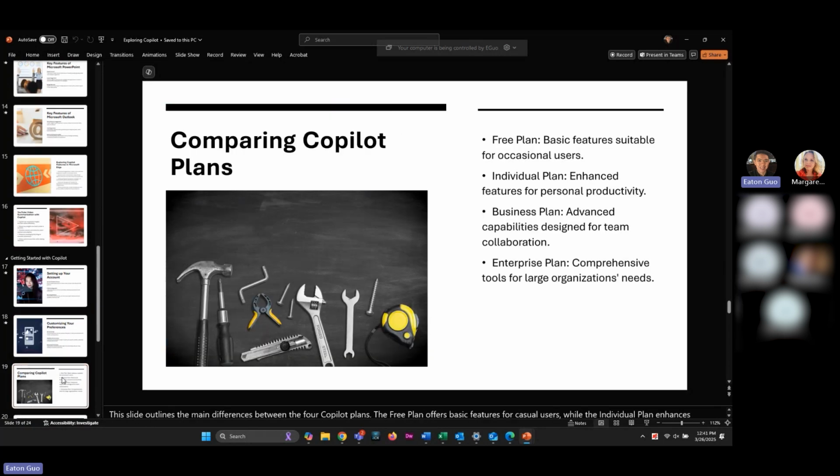There are 4 different Copilot plans. You have the free, individual, business, and enterprise. They all have their own pros and cons. The free plan has basic features that are suitable for most occasional users, especially if maybe you're learning Copilot. You may just want to stay on the free plan just to see if it's going to be something useful